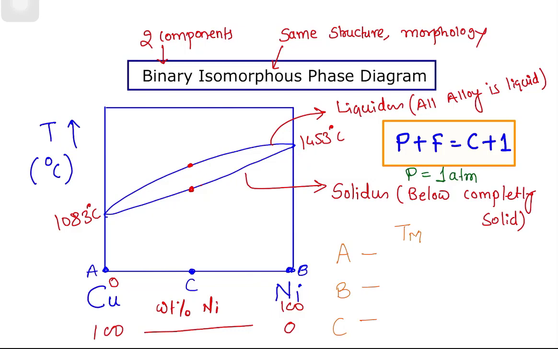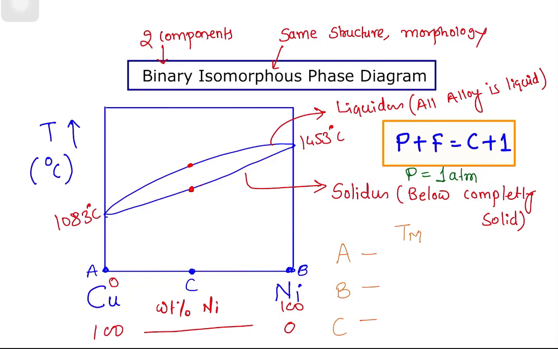If we make different compositions of this and take a cooling curve and plot a graph from that, the phase diagram will look like this. We can see here we have a sharp melting point, here we have a sharp melting point, but in between there is a diffuse melting point. This diffuse melting point is due to the difference in the bonding, because there are two different elements. Different elements have different bonding and their melting points are different. So one element will melt first as compared to the other, and that's why there is a diffuse melting point.